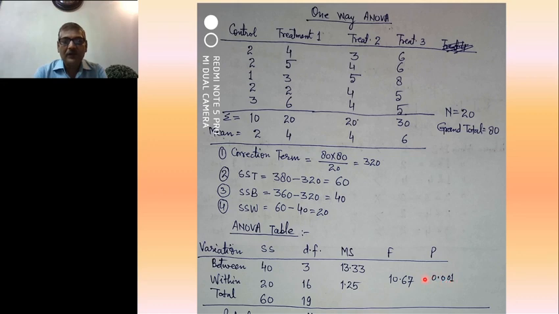You can say it is less than 5%. So we actually reject the null hypothesis, meaning we find that a significant difference exists among the mean values, that is 2, 4, 4 and 6. So definitely a significant difference exists, and we can say that these experiments have varying mean values.